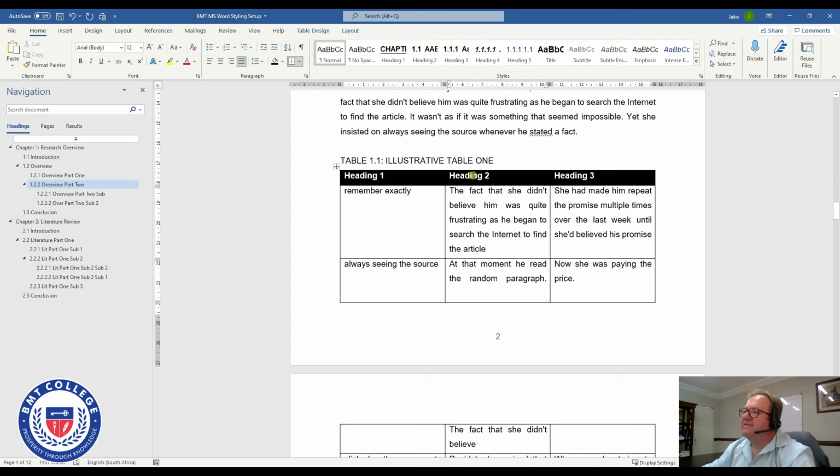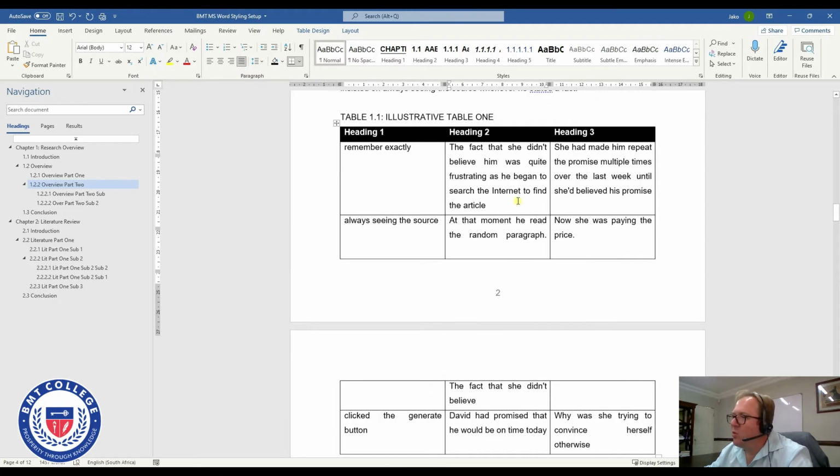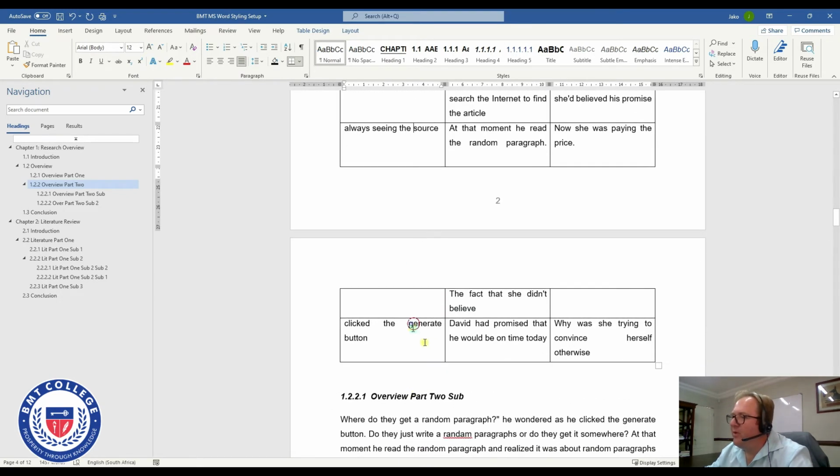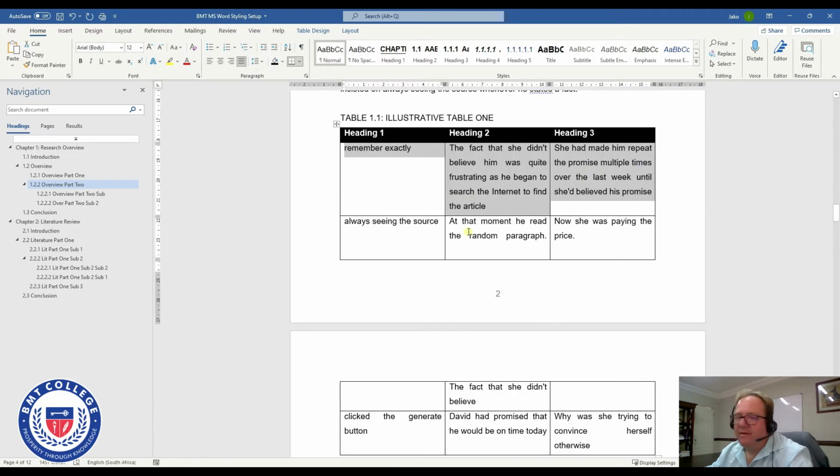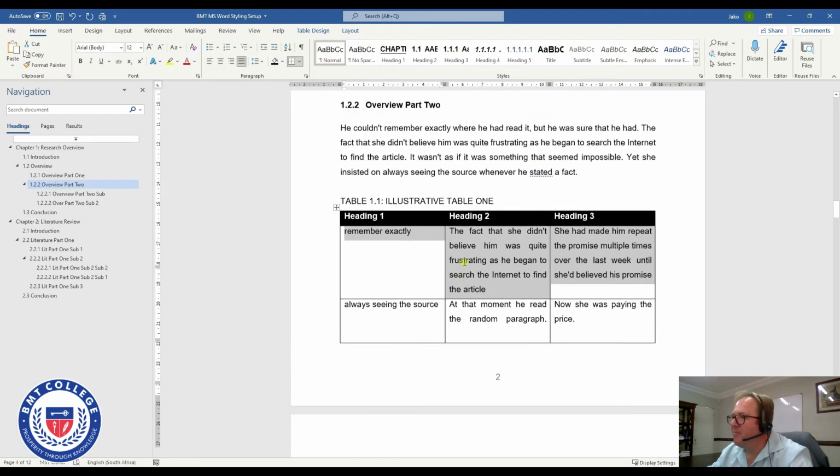Right, so there's our illustrative table 1 with our headings, heading 1, 2, and 3, and from the different columns, and having 1, 2, 3 rows with information that we want to summarize in this table. Now,